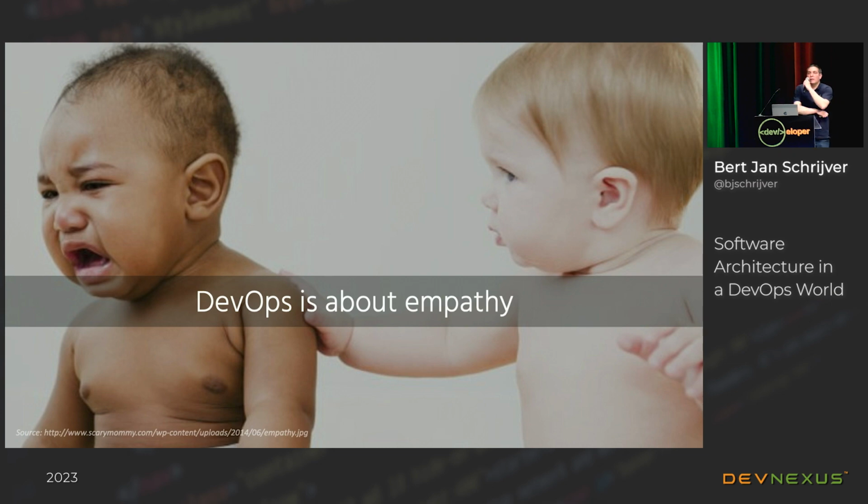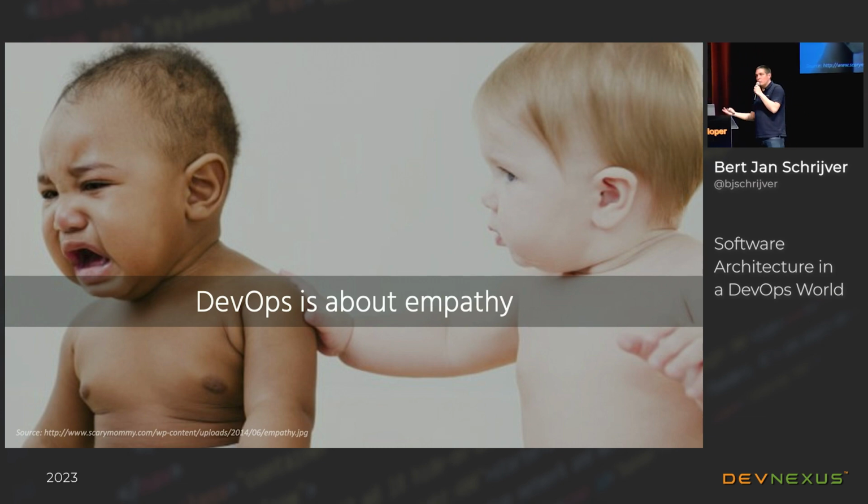And it means being able to place yourself in somebody else's shoes and know how their worldview is and what helps them. So DevOps also means caring enough about your job to want to learn all the parts and not just your own little world. Empathy allows you to view other teams as enablers rather than as blockers. So my general advice is to be likable, be approachable, and get stuff done.